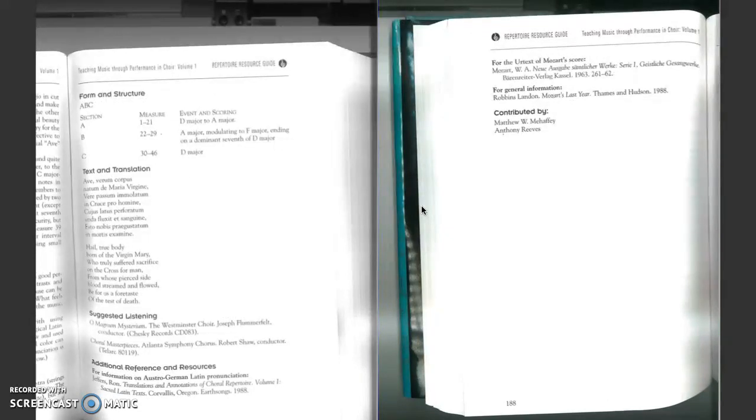Finally, you have form and structure. If it's apparent, you should talk a little bit about form and structure. This one has, it's kind of outlined for you, but you could also do it in narrative format. Text and translation, obviously only if applicable, and I am not asking you to do the suggested listening and the